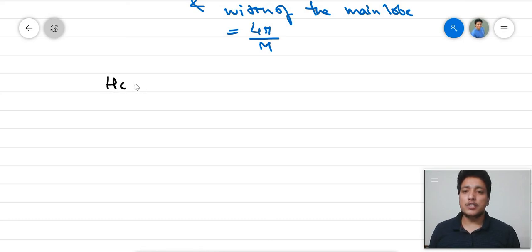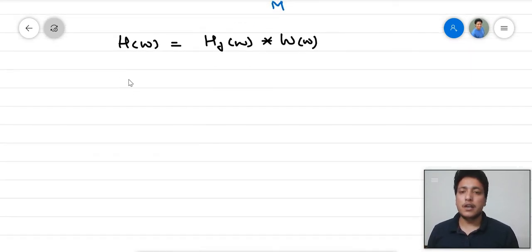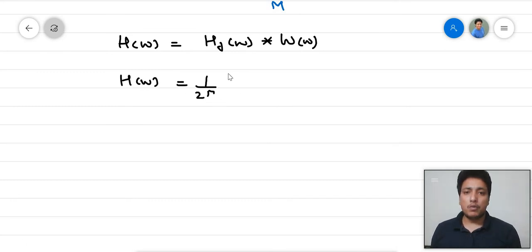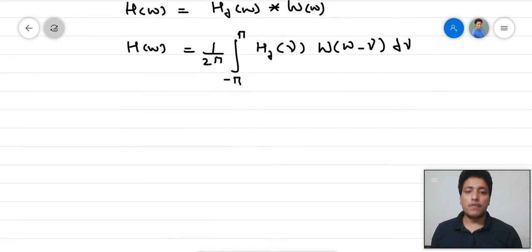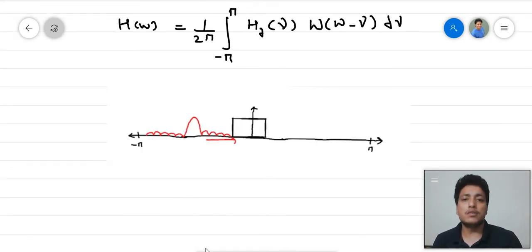to our filter response, that is H(ω), that is equal to Hd(ω) convolution W(ω). That means if we write this particular relation as H(ω) equals 1/2π integral from minus π to π of Hd(ν) W(ω minus ν) dν. So what does it mean? That means we have an infinite impulse response, that is Hd(ν), which is an ideal filter, and then we have a window frequency response we have found out. We'll shift our response over the same axis by ν from minus π to π, and at each and every point there will be a multiplication, and then that integration will give the area under the curve. It will look like the convolution response H(ω)